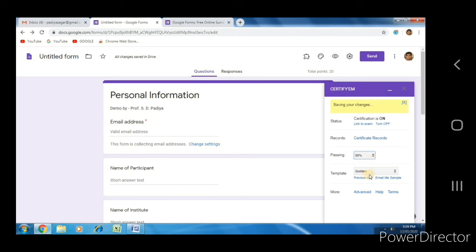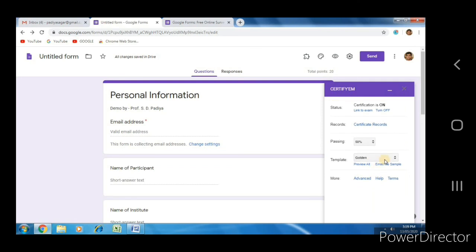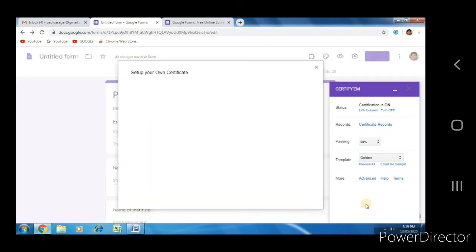Then some templates are given, but we have already designed a certificate in Google Slides. That's why I have to select the last option, use other template. Set up your own certificate. There is an option, select a new file. Click this. It shows to browse from Google Slides.